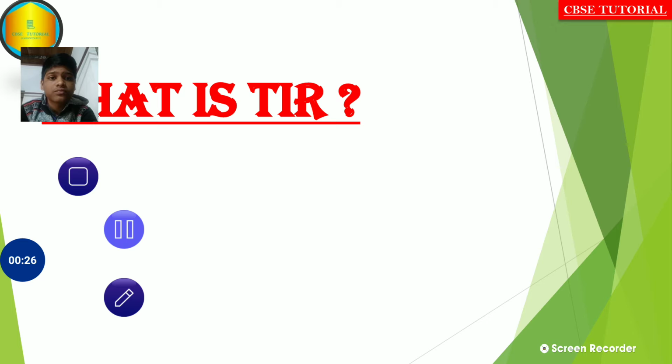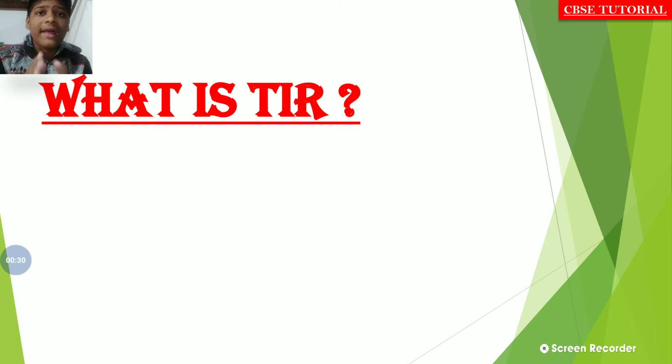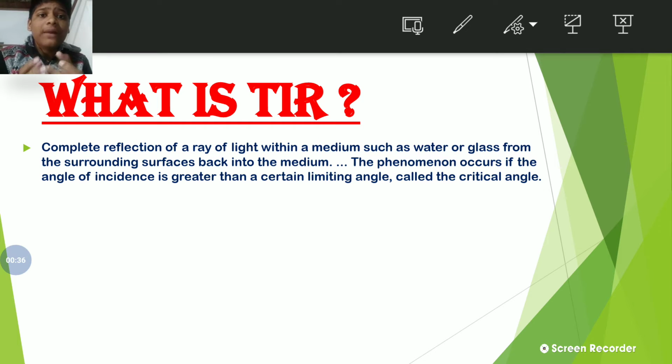Total internal reflection is nothing but the reflection of light within a medium. That is the total internal reflection. It is the complete reflection of a light ray within a medium such as water or glass from the surrounding surface back into the medium. That is called total internal reflection. This phenomenon occurs when the angle of incidence